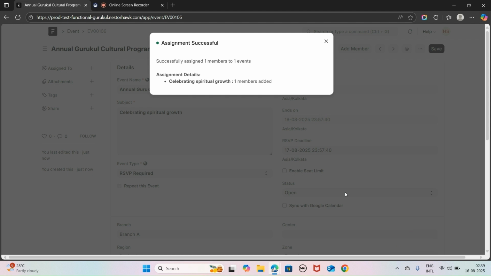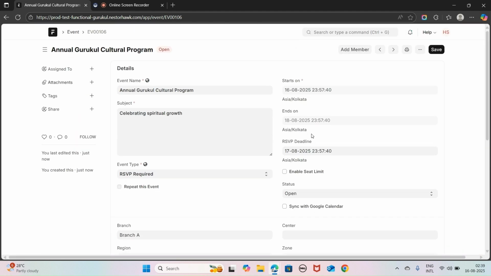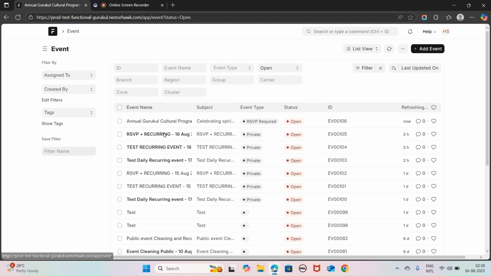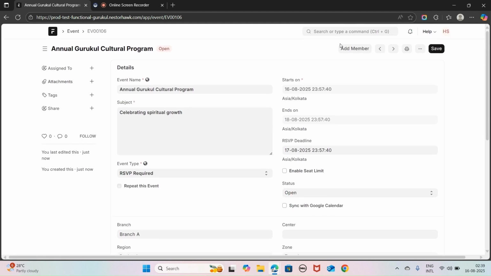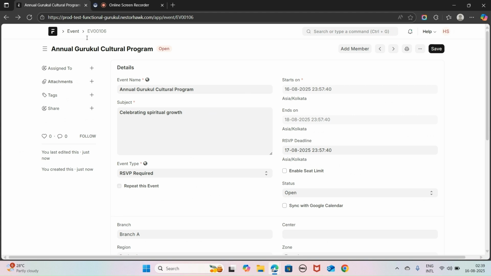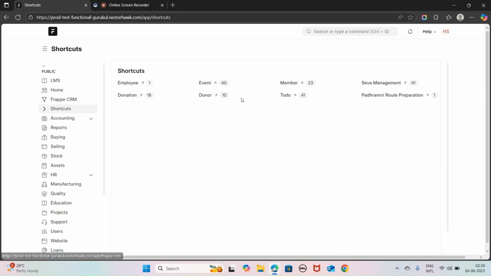Okay, so now we can see the event is created, and also you can go to the member from here.